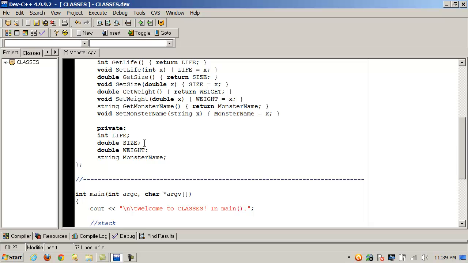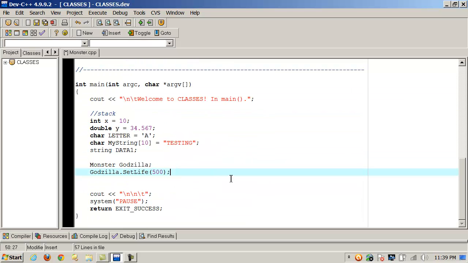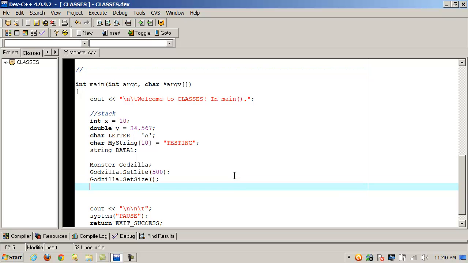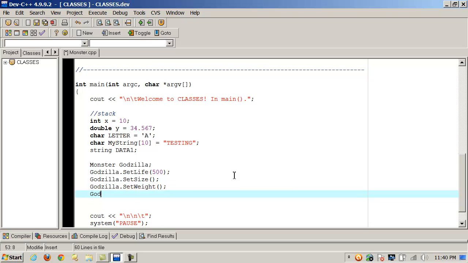Now let's go through and do the other pieces of data. So size and weight, they need doubles. If you look at the sets there, a monster name expects a string. So the same thing, right? Godzilla set size, Godzilla set weight, and let's see, the last one was monster name. Alright, Godzilla set monster name,